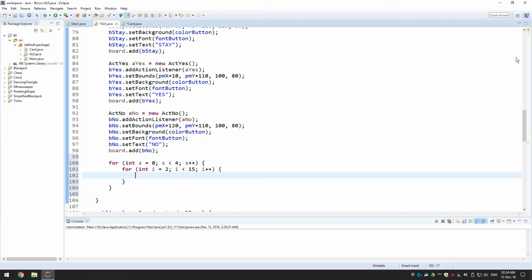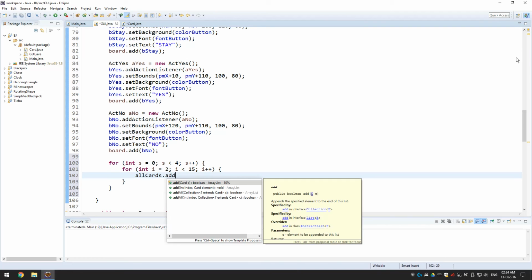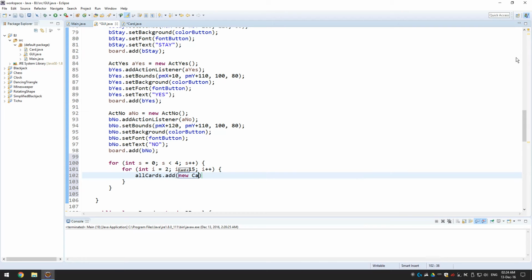So in our all cards list, we're going to add a new card,